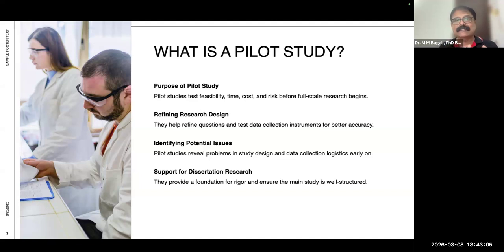So in a pilot study, say you go with 1 or 2 research questions. Let me frame one research question for Clinton. Clinton is in an international school, and he is into educational psychology.